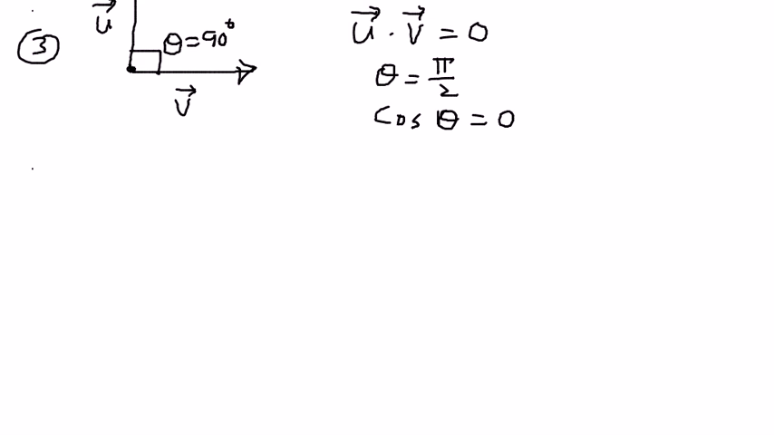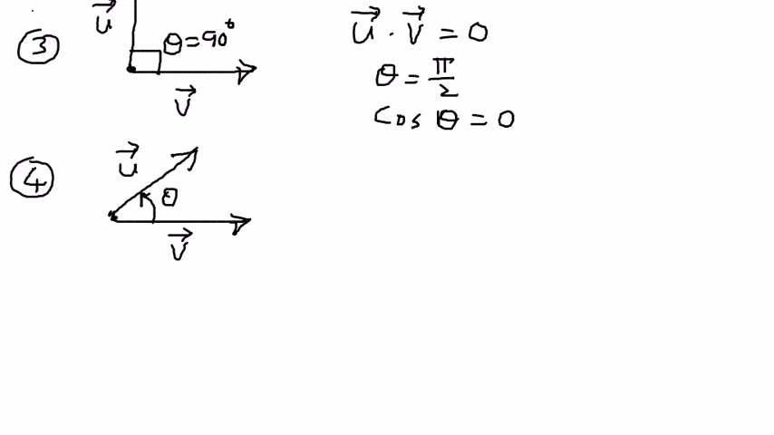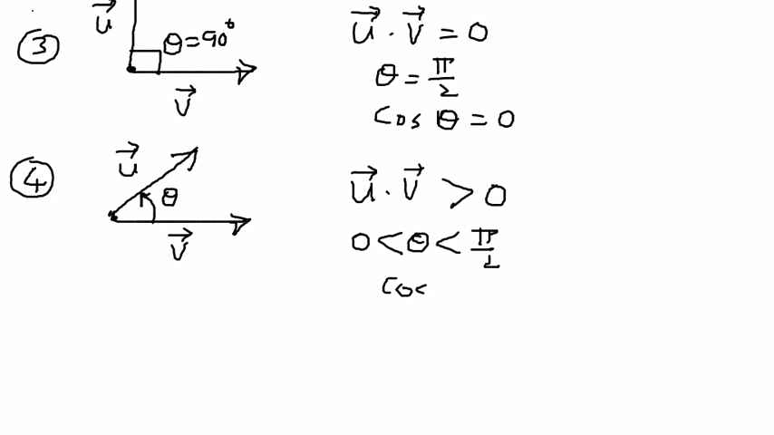Let us look at a few more of these measures. If we have a vector u in this direction, and then if we have another vector v in this direction, the measure between these two vectors, if we represent that as theta, then vector u dot vector v, the dot product, is going to be greater than 0. Theta is going to be greater than 0 and less than pi over 2, and therefore cosine theta in this case is going to be a value greater than 0. Okay, then